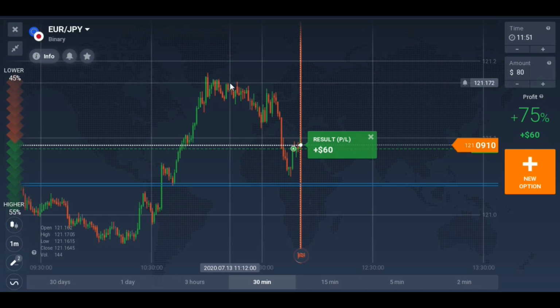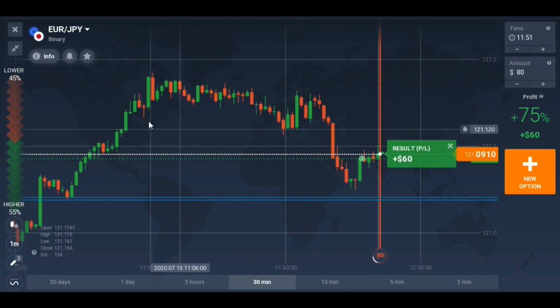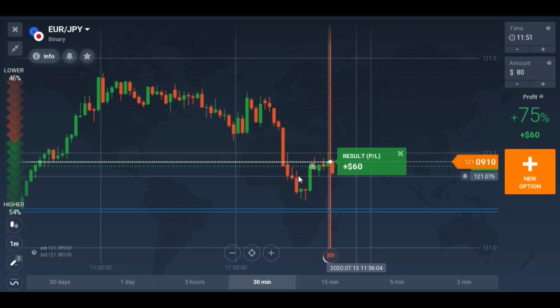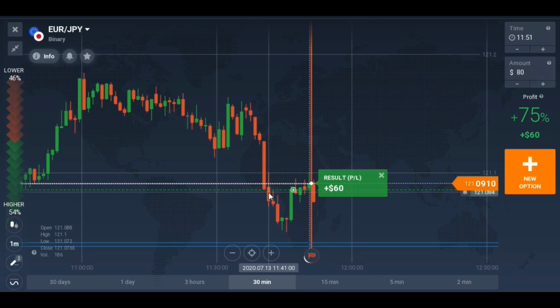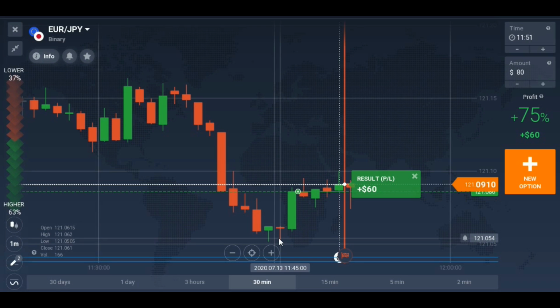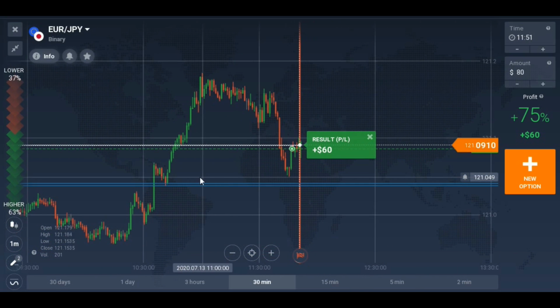Previously the market was in a range, you can see. It was ranging, and suddenly it broke through with this strong bearish candle. The market continued to go down, down, down, and it started to lose its momentum. When it was losing its momentum, we found a good candlestick pattern, which you can see, 1, 2, 3. These candlestick patterns suggest only one thing, that the market wants to go up. We also got a support level.